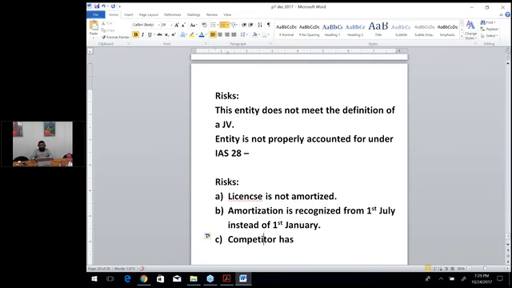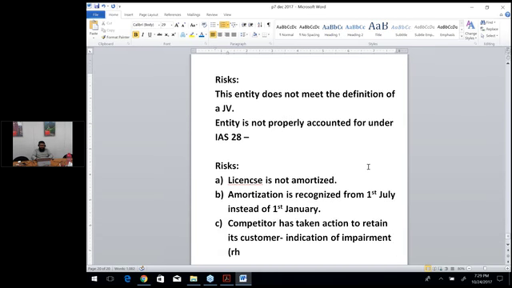So the competitor has taken action to retain its customers. If it has taken action to retain its customers, there is an indication of impairment. Why? Because the revenues